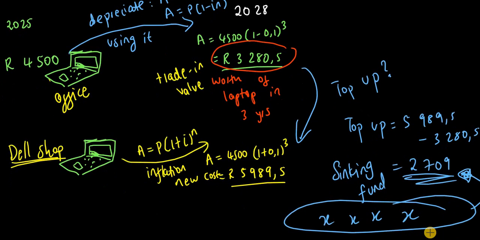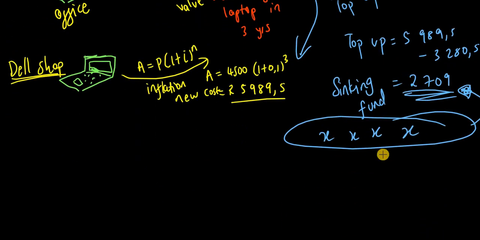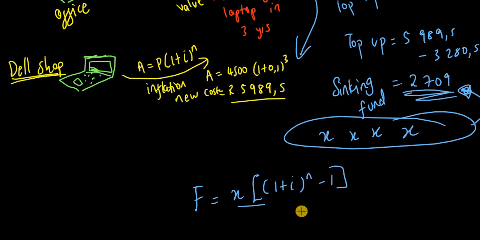So they have to ask themselves, how much must we save monthly so that we'll have this money to top up? So they will use the formula F equals X times (1 plus i) to the power of n, minus 1, all over i. The future value, the money that we want in future to top up, is 2,709. We don't know how much we must pay monthly, but we do know that the bank can give us an interest, let's just say, of 10%,